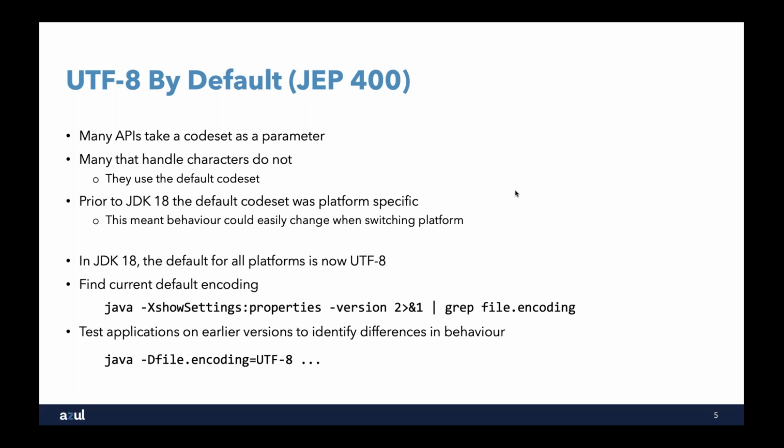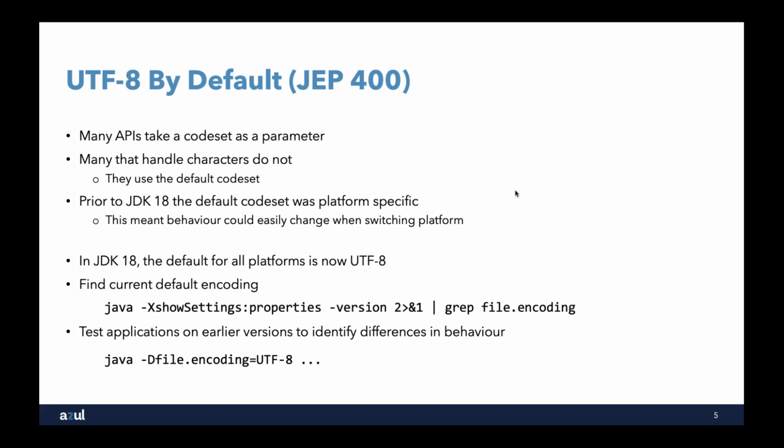If you want to find out, running on an older version, what code set you're using, then you can use this handy little command line here and say java -XshowSettings:properties. This actually applies to the more modern versions of Java, so you probably wouldn't work on JDK 8, but it certainly would work on JDK 17 and probably JDK 11. So -XshowSettings:properties -version, and then pipe that through grep file.encoding. Obviously, you've got to have grep on your platform, so that'll work on Linux, great. It'll work on Mac. I'm not sure grep will work on Windows, but anyway,